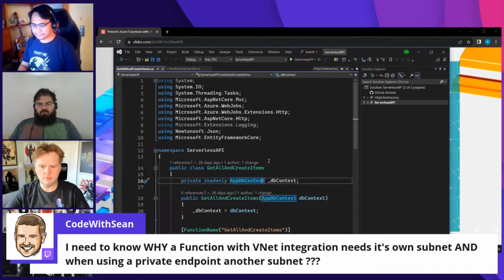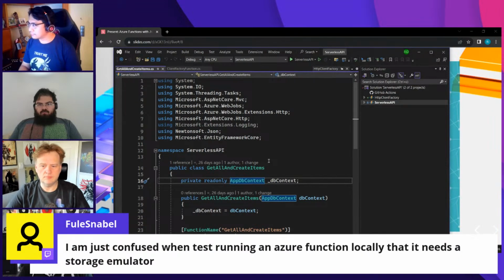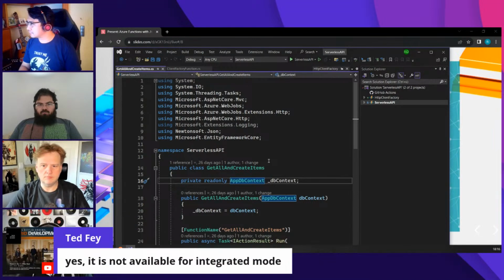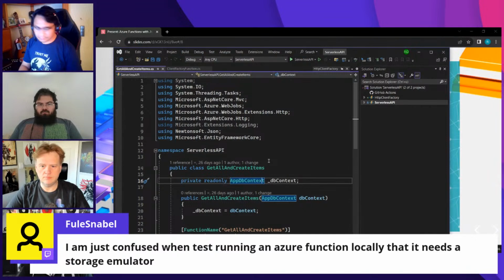But yeah. Okay. I'm looking at other things that are popping in here. The chat is active, and some of them are answering each other. Oh yeah, so Ted was saying, yes, it's not available for integrated mode. Okay, that's good to know as a follow-up. And then Fuel Snapple from Twitch is saying that they're confused when test running an Azure function locally that needs a storage emulator.